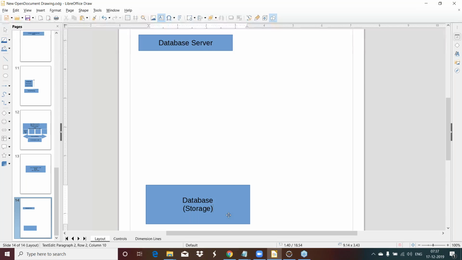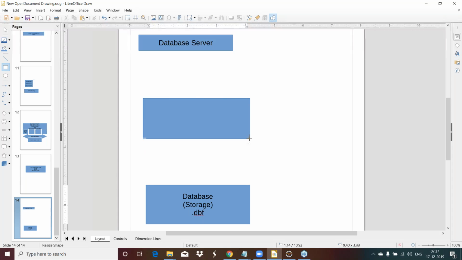So your table data is available in the files with some extension called .dbf. I'm pretty sure all of you must be familiar with this. There are files with .dbf extension, database files, and this is where your data is available, right? Now what happens is, this is your first machine. Can you please tell me the name of the second machine now? Second machine is basically referred as instance.